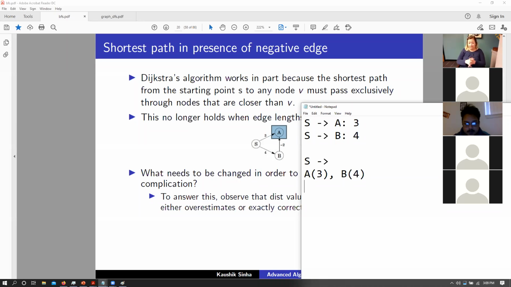Once it has done that, it will now start exploring from A. Now A has nothing going outside from it, so A is done. Now it will explore starting from B. If it starts from B, there is an edge to A. However, A is already visited. So as far as B is concerned, A is visited, and we are done. Right, so does everyone see why Dijkstra's algorithm in this scenario will not give you the correct solution of S to A 2 and S to B 4, and instead will give you the distances 3 and 4?